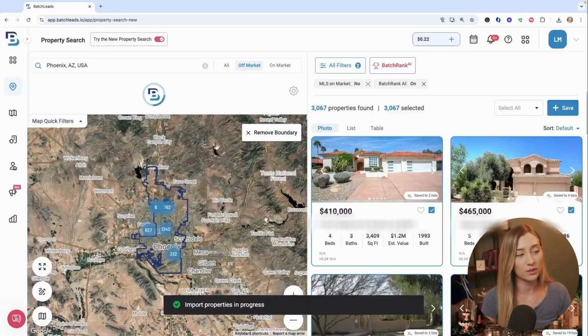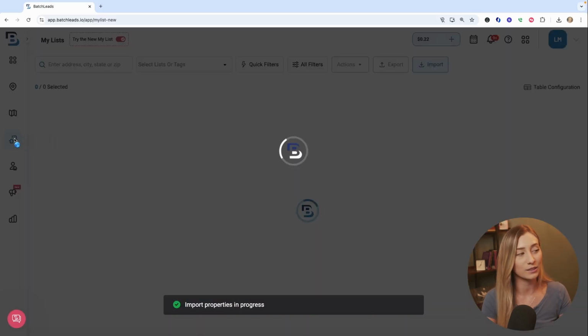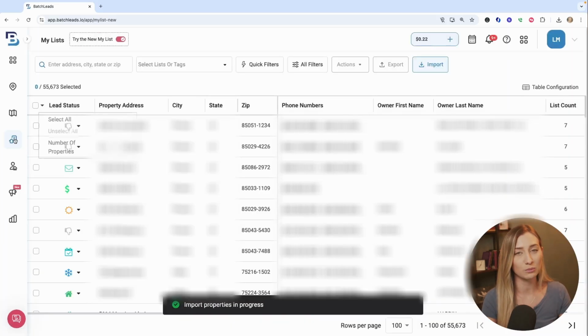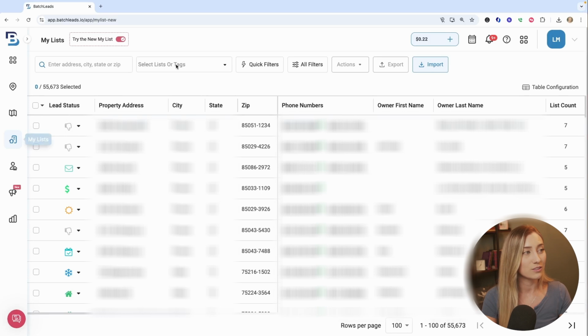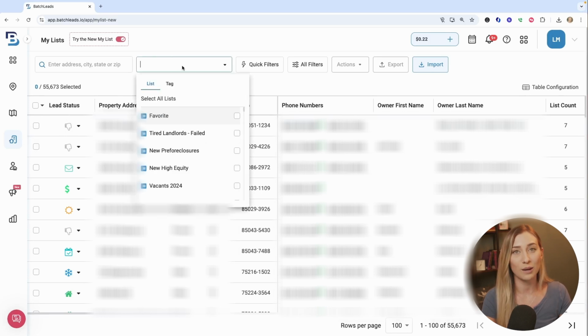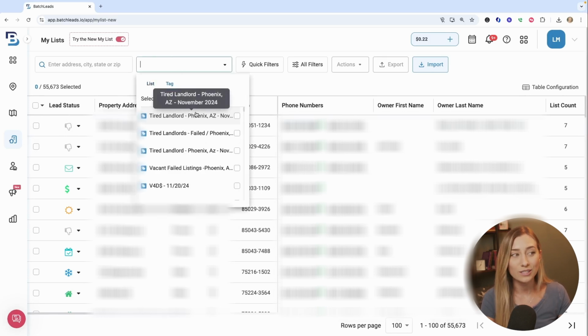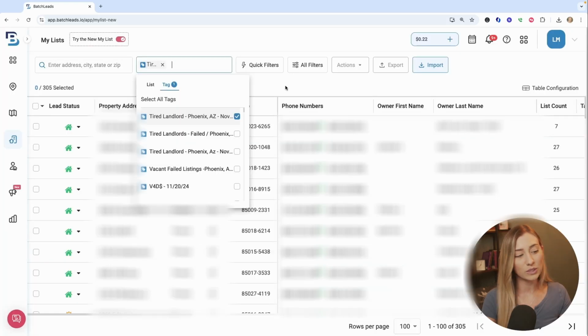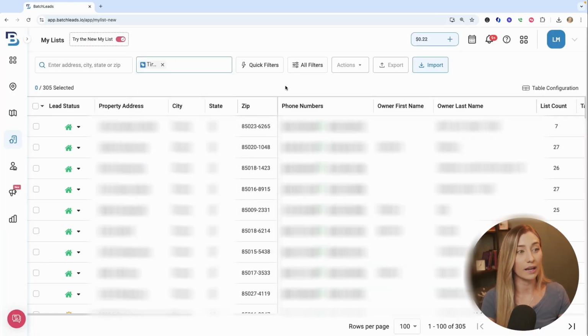Before I show the two other lists, it's as easy as going into my list to get that contact information. As long as you've saved your properties in a really nice organized way, just go up to the list and tag section at the top of the screen, find your list or tag. Here's mine right here. And we do have this blurred for YouTube, but I already have the phone numbers and email addresses. I can even see if somebody's on the national do not contact list when I click on the details here,